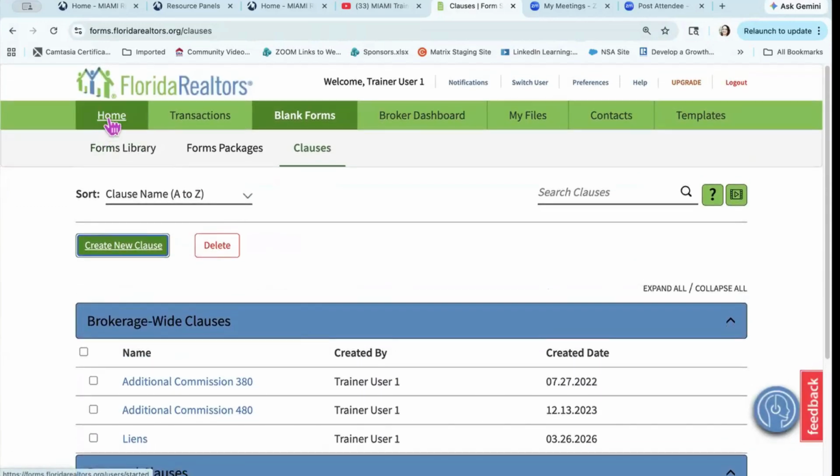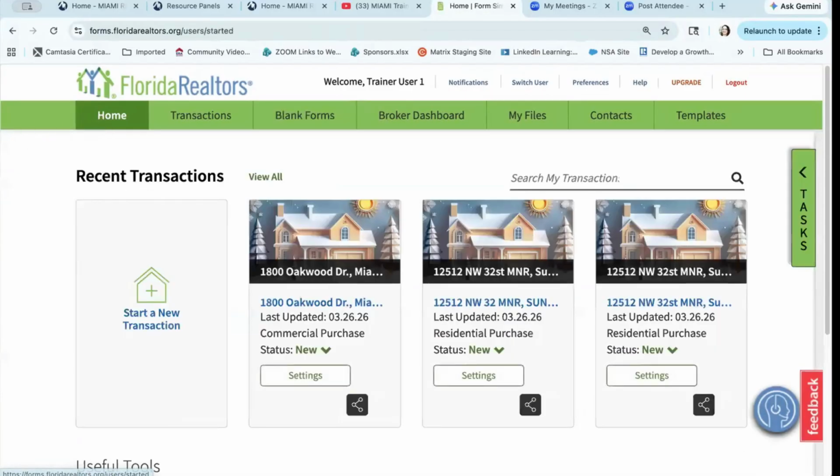All right, I'm going to click back on home. So far, we were able to cover quite a lot of information. We started with member services. We talked about your broker manager resources. We were also able to cover information within Form Simplicity, like all of your tools, and we were able to do your packages and your logo and your branding. We were able to do your clauses, and we talked about switching users and so much more